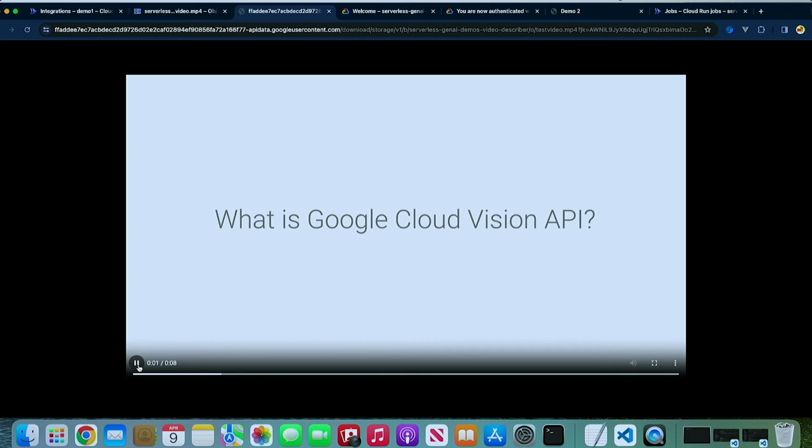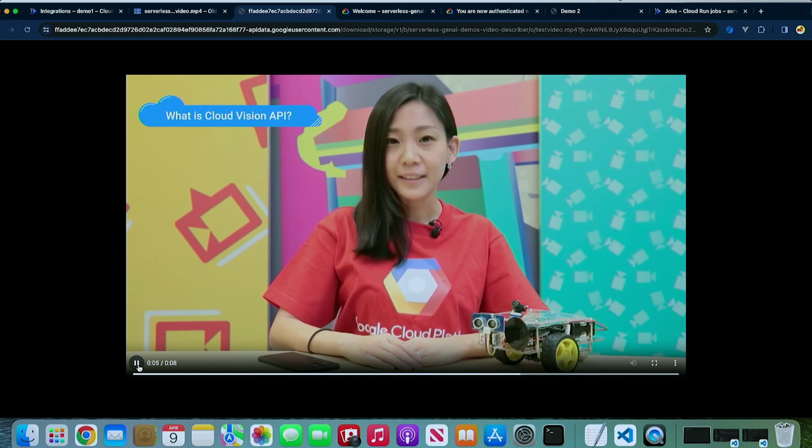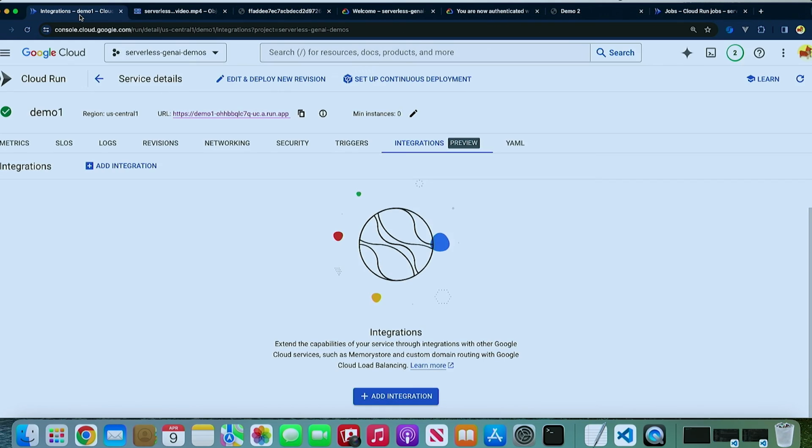All right. So immediately it starts off, the first second, with a white background. "What is Google Cloud Vision API?" with a question mark is in text. And then there is a speaker wearing a red shirt. And in the upper left-hand corner, it says, "What is Cloud Vision API?" 8 seconds. It's done. Now if we go back to Cloud Run,